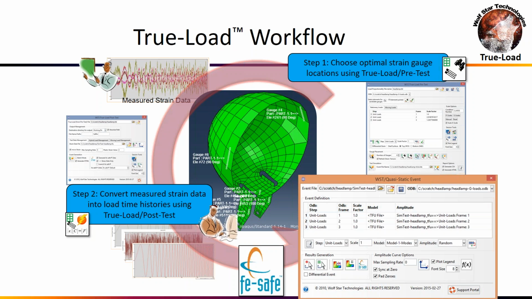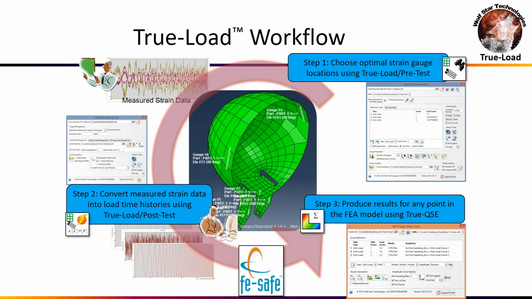The whole point with TrueLoad is that now that we've done this for our initial part, we want to go in and do redesign. The redesign methodology works like this: once we've done this once, we can go back to the original part, poke holes in the FEA model, thicken things up, remesh it, and the only requirement I'm going to place on you is that you solve it with the same 3 unit load cases you started with. So it's a very simple FEA solve with the same 3 unit load cases we started with, and I'm going to have you solve that new structure with those.